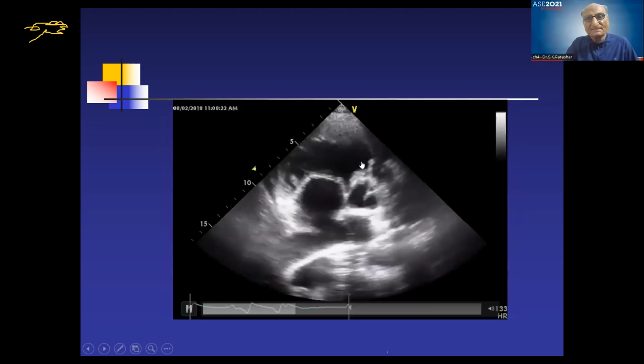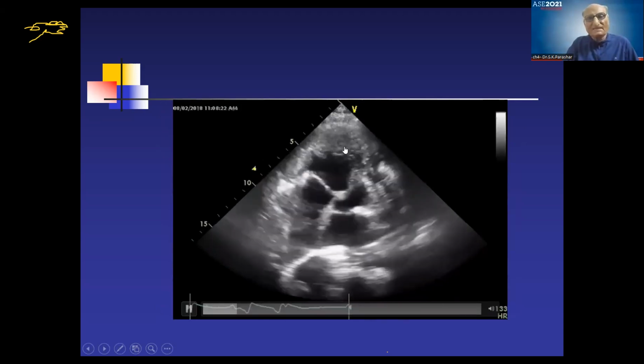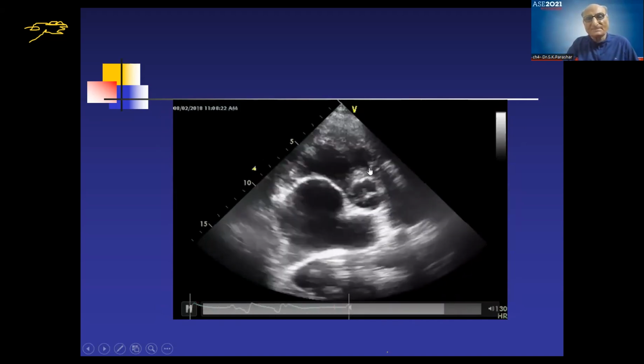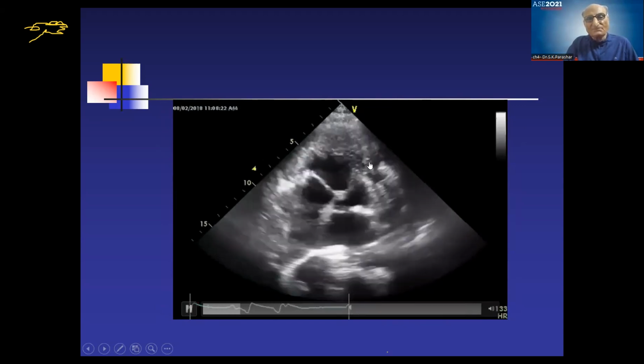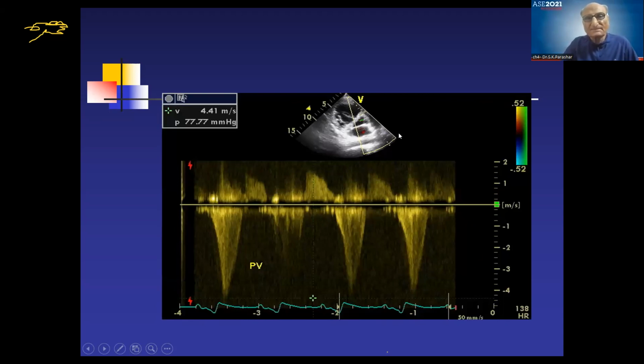So this is the RA, this is the tricuspid valve, this is the RV, with significant RV hypertrophy, and this is the pulmonary valve, and this is an obstructing membrane into the RVOT. So we expect a turbulence to be at this level. Actually we have not shown it there, but you see a marked pulmonary stenosis. That was more of an infundibular stenosis with a triangular shape of this pulmonary flow. So these are the three things,